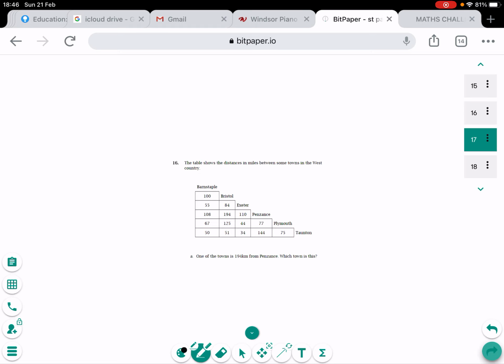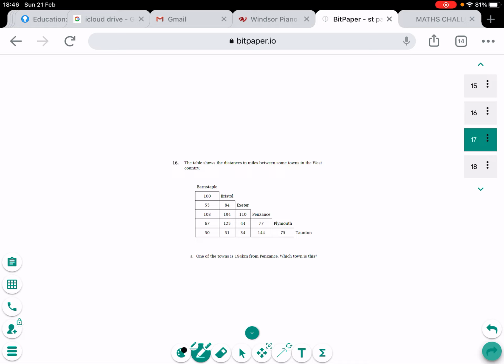So 17, 16, the table shows 194 from Penzance. That's Bristol. This question is just asking you to see the gaps, see the graph, and whether you understand